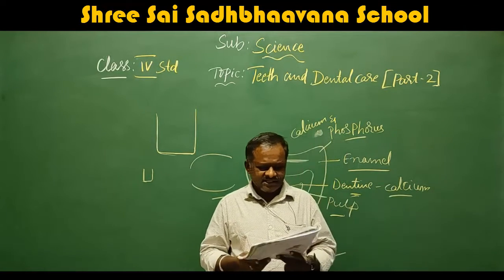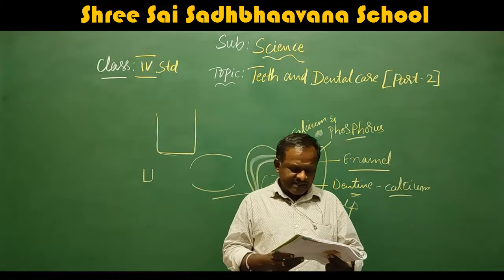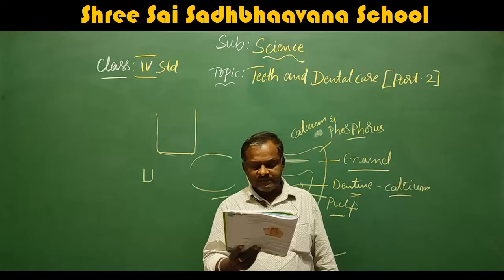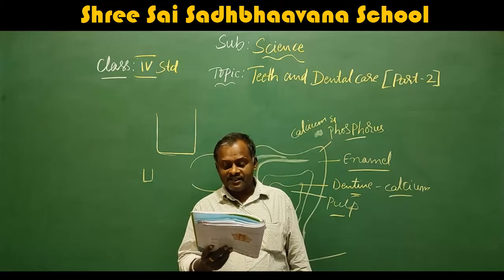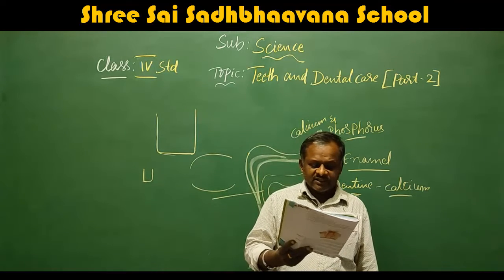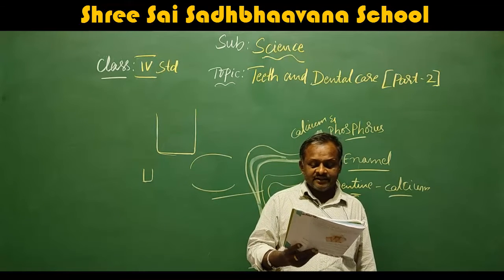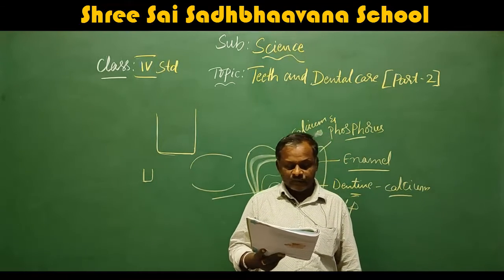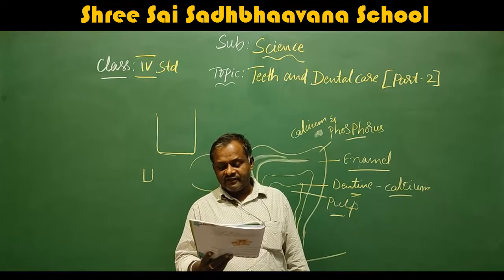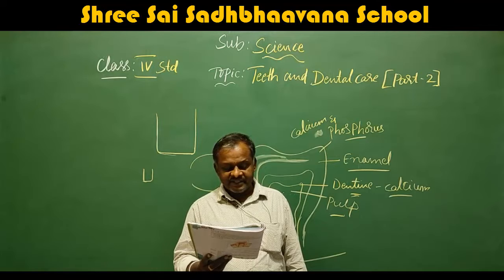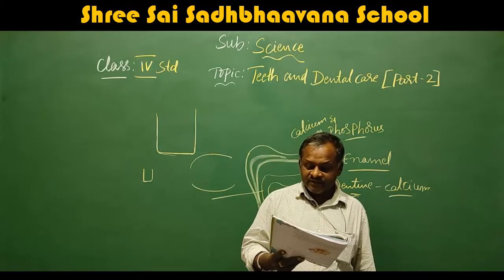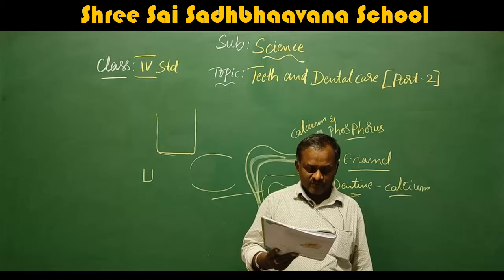Next come canines. Canines are the 4 teeth next in order to develop, 2 at the top and 2 at the bottom. These teeth are pointed and sharp. They help tear food. Premolars are the 4 teeth on each side of the mouth, 2 on the upper and 2 on the lower jaw. There are 8 premolars in all, also called bicuspid teeth. Premolars are bigger and stronger. They are used for chewing and grinding food.